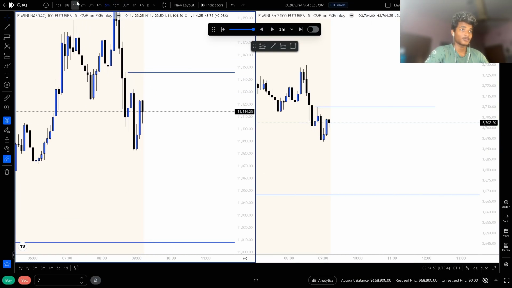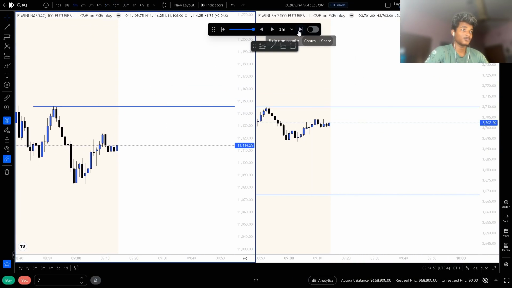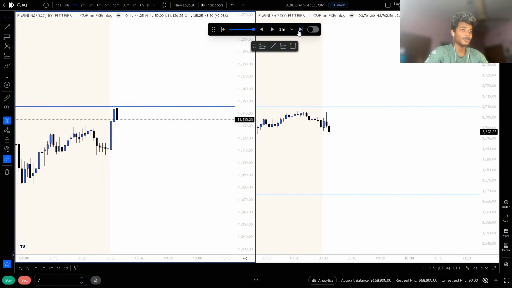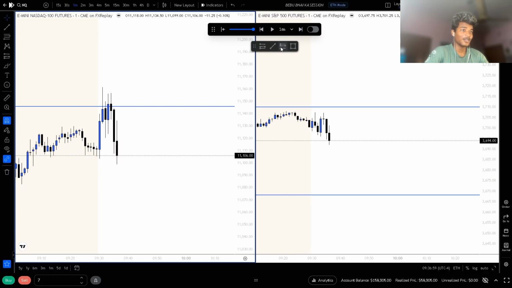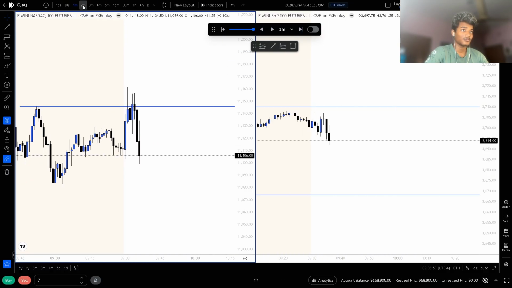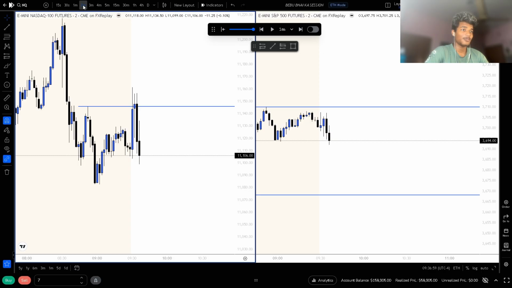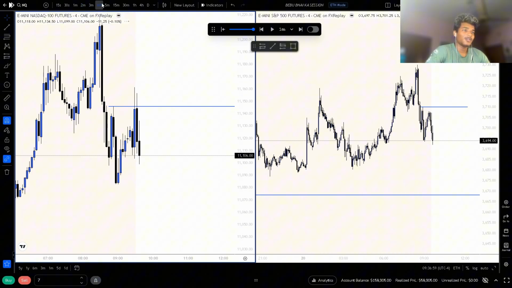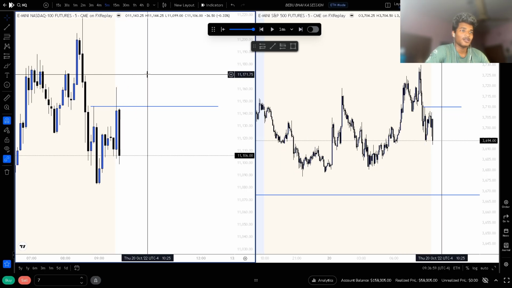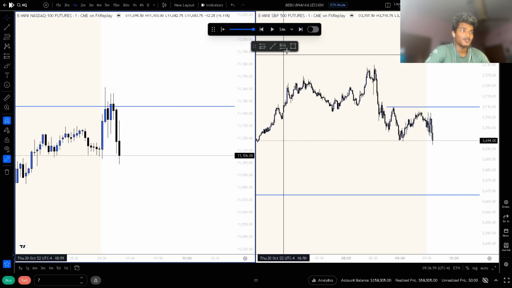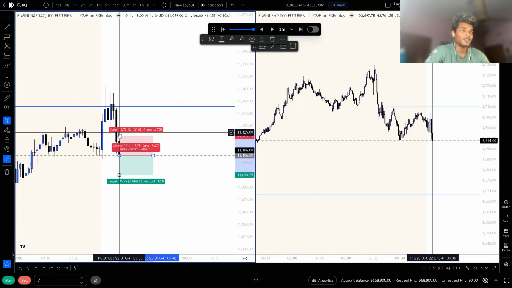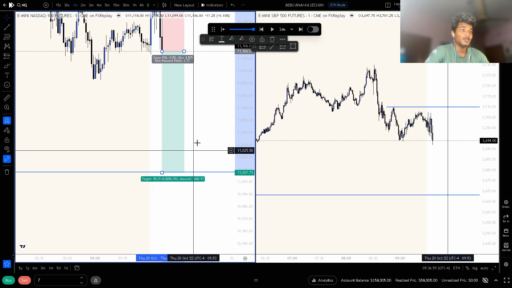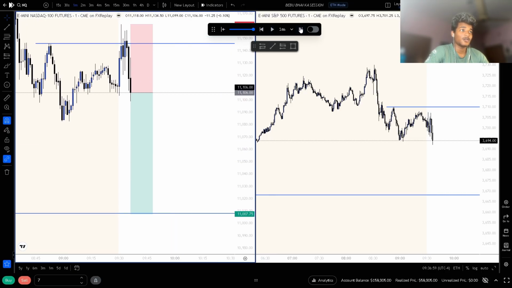Let's just see the market open now. So market open is here and market tapped this gap and gave a very nice inversion, but it took away my break-even point, guys. So I don't give a fuck about that. I do think this is a very nice setup, but it took out my break-even point, so it is invalid for me. Let's see if this plays out or not.